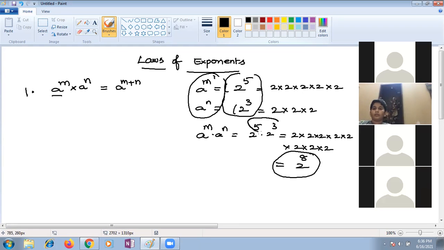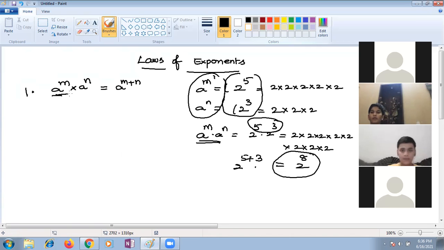So here, whatever exponents you have, you are adding those exponents. Simply you are adding the exponents when the bases are the same and you want to multiply. In multiplication we are adding the exponents, in division you are subtracting the exponents. That is the major difference, children, so that we are getting a power.